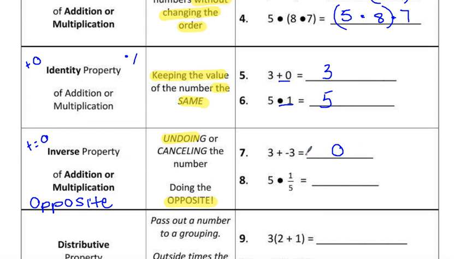Because if there was something else here, if I did 0 plus 5, I'd still end up with 5 because it would be the identity property. So the whole thing with inverse is you want to get it down so that it works with the identity property. Then if we look at multiplication, multiplication's a little bit different